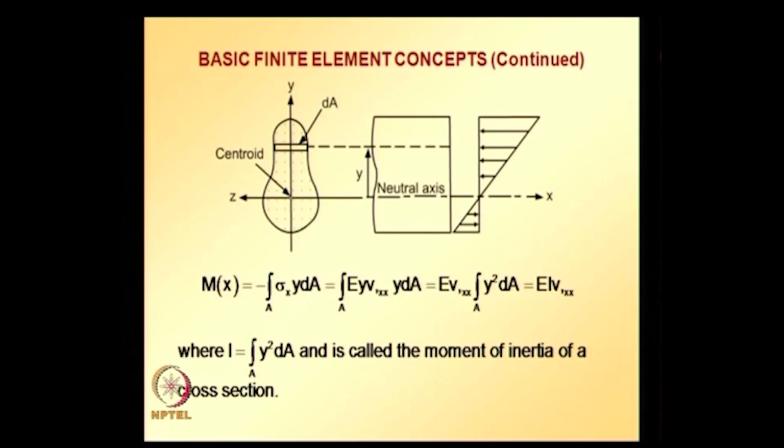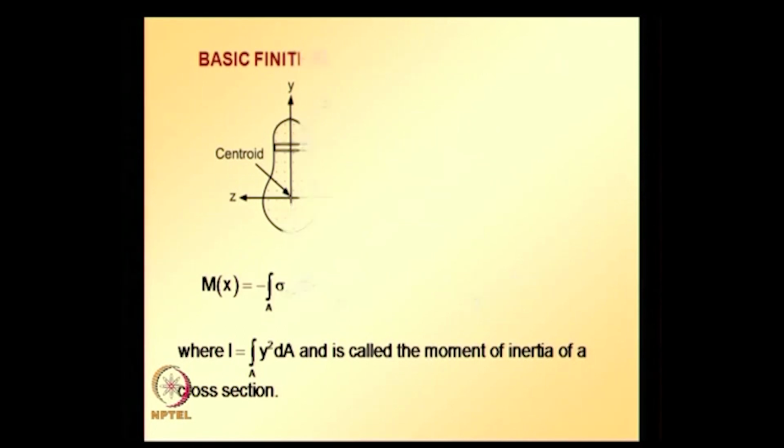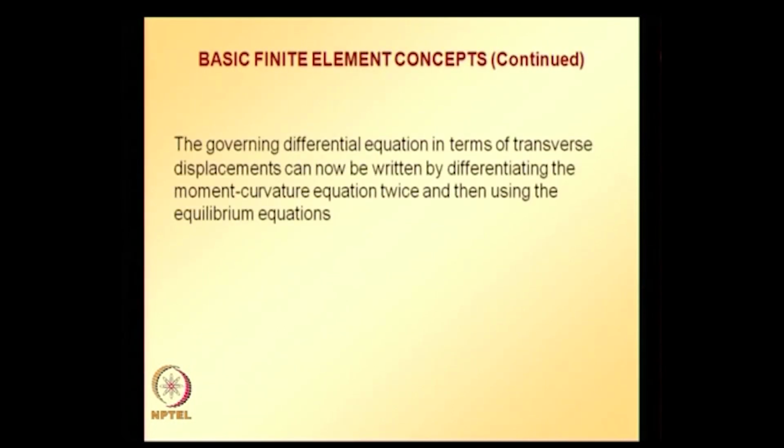So, now we got a relation between moment and transverse displacement; please note that this is internal moment. Earlier we have seen what is the relation between moment and load applied. So, we can rewrite the previous equation and obtain the governing differential equation in terms of transverse displacement. Here, M is equal to EI second derivative of transverse displacement with respect to the spatial coordinate is substituted, and we obtain this equation,